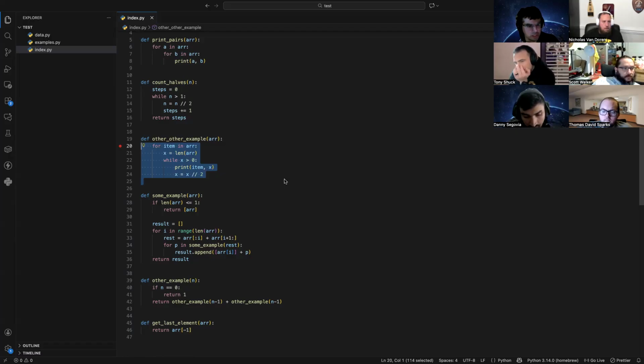There are two nested loops here, but you actually recognize the loop on line 22. If line 22 stood on its own, what time complexity would that be? It's awfully similar to the one before it. O of n log n? It's not n log n. That's actually the right answer to the whole function, right? But the while loop by itself is just log n. And you know it's inside of a for loop, so it's O n log n.